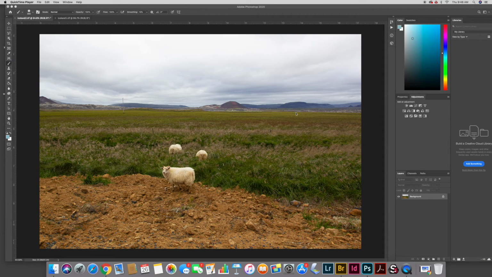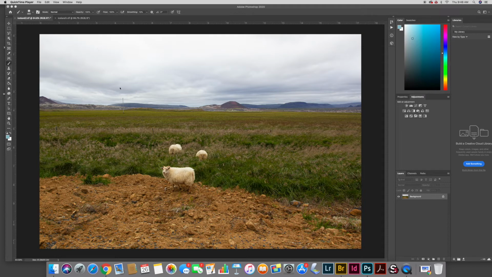Okay, this is the first of several videos I'm going to make to guide you through the process of making a composite image in Photoshop. But before I get into compositing, I want to just review layer masks, what layer masks are, and how layer masks work. So I'm going to start here with this image,